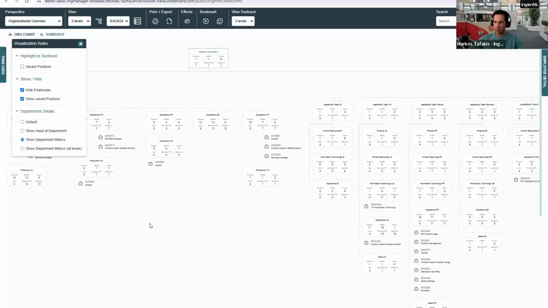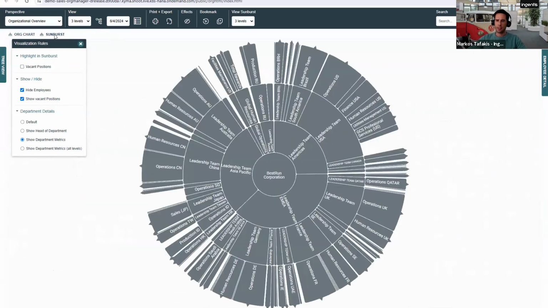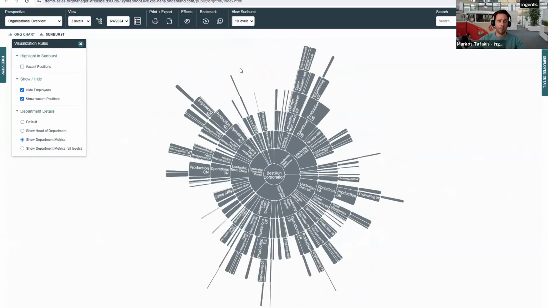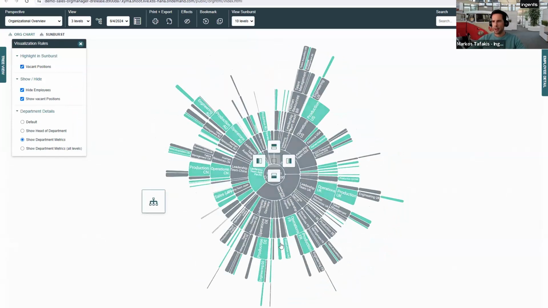And if we now stick to this use case for a second and maybe switch to the sunburst view, you can see that this is also not a display of 3 levels, right? And if I expand this to 10 levels, you see that the entire structure still remains kind of visible to me. And if I now simply focus on how to color code something, so simply highlight every unit, every segment where I do have a vacancy,